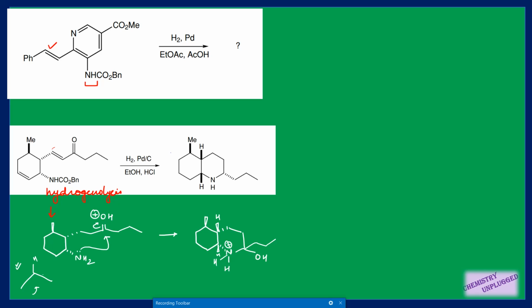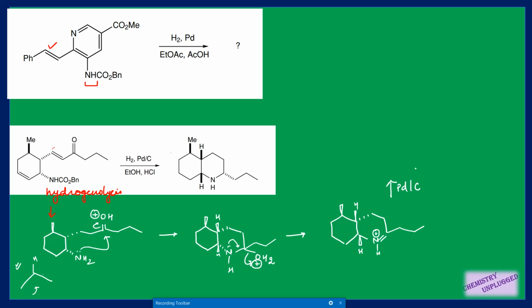Then in the next step, a proton from this nitrogen will be removed. When a proton is removed, we can remove the positive charge from here, and this proton will attach to this oxygen, right? Now we can shift the lone pair of electrons present on nitrogen to this bond and water will be removed. We will get this type of structure. Then this imine will undergo reduction using this palladium over carbon.